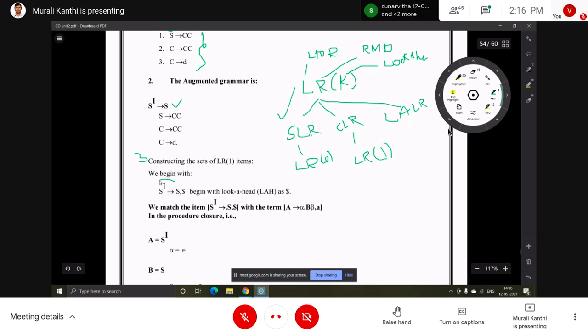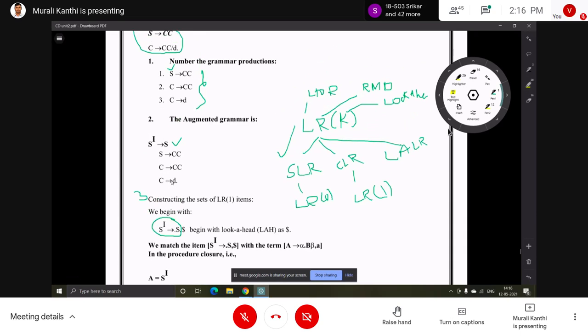This process is also the same in SLR. But in SLR, what is the first step? Removing left recursion and left factoring. Then separate the productions, write all the productions separately and give a number to each production. That is the second step. Then the third step: find the first function and follow function, that means finding the first set and follow set. For that we have drawn a table, first and follow, like that.